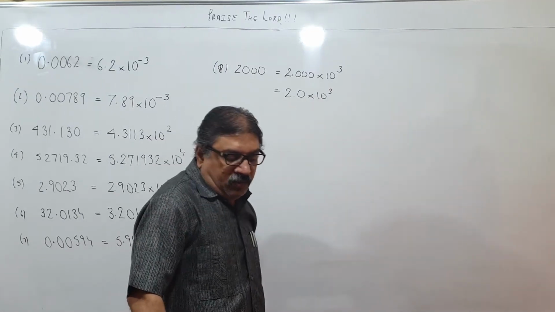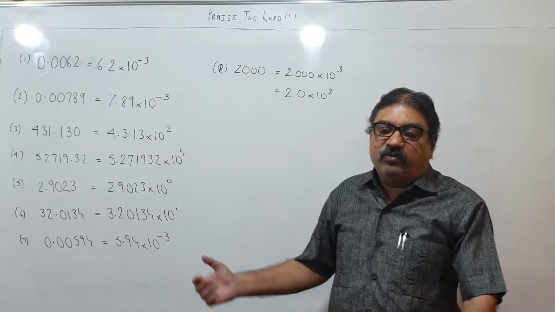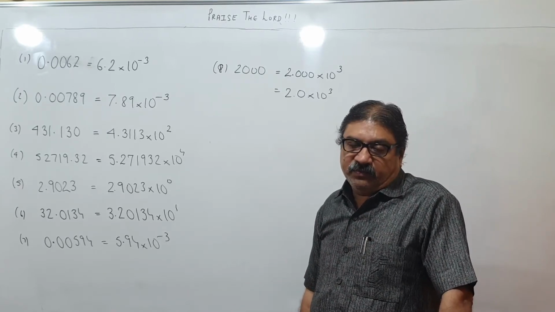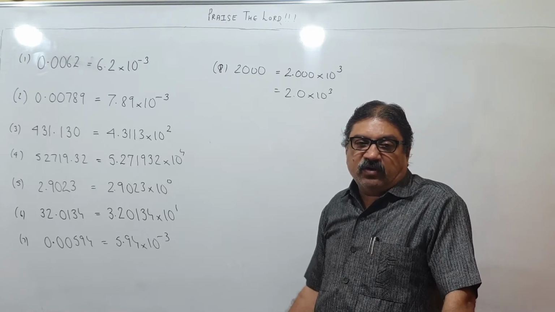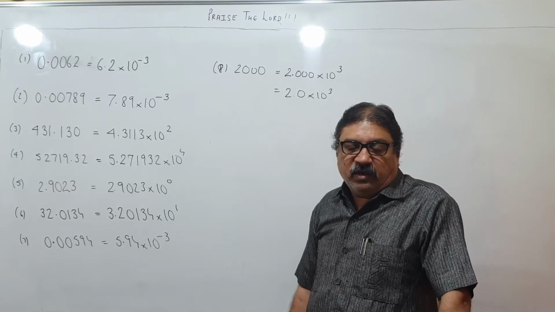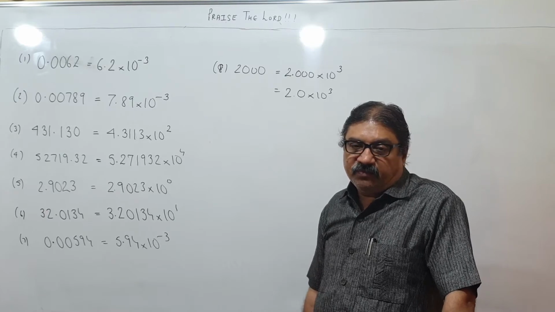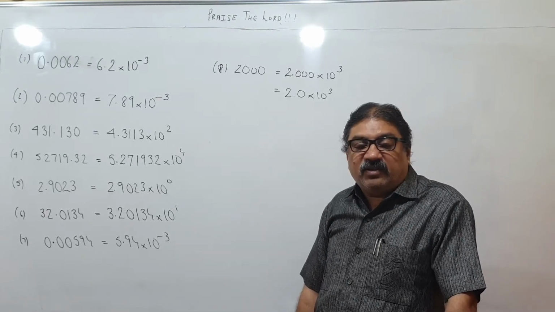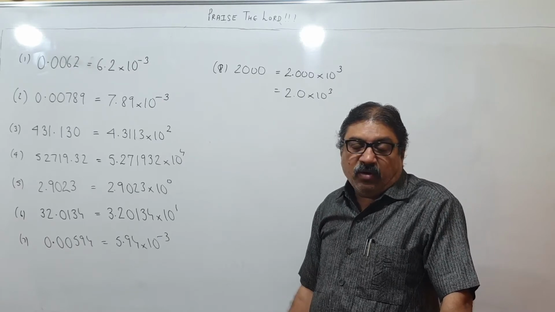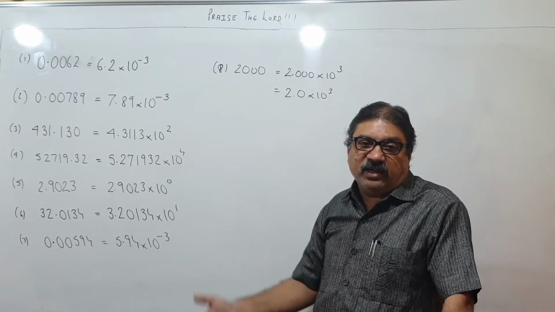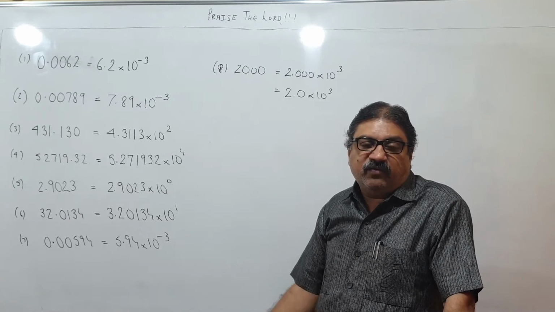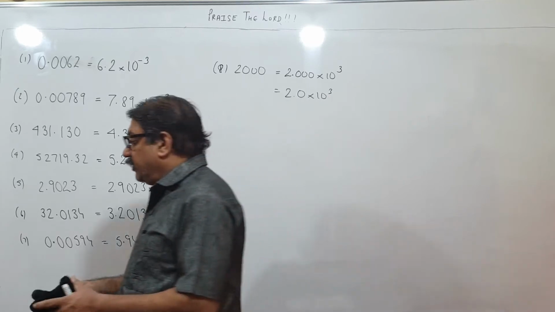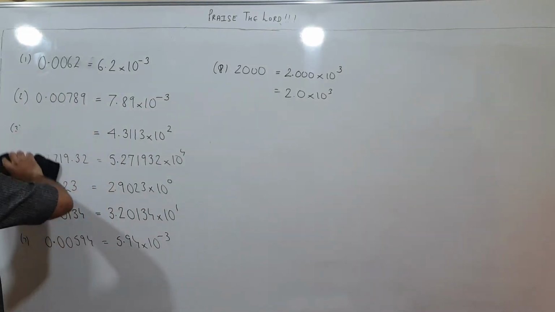Now children, you will observe that this form is very important because you will find that all the constants in physics, gravitational constant, Avogadro's number, Boltzmann's constant, Planck's constant, whatever they are, are always written in scientific form. Therefore you must be finding why decimal is coming after the first non-zero digit. All the constants are written in the scientific form, decimal coming after the first non-zero digit. So if you have understood what is scientific notation of a number, I go to the next point.